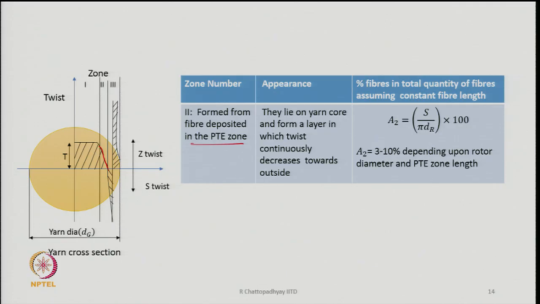On the PT zone itself, the twist is 0 to the maximum level of twist that we get in the yarn,